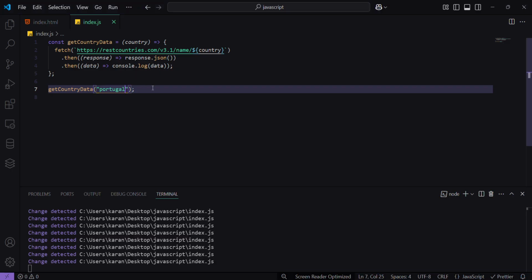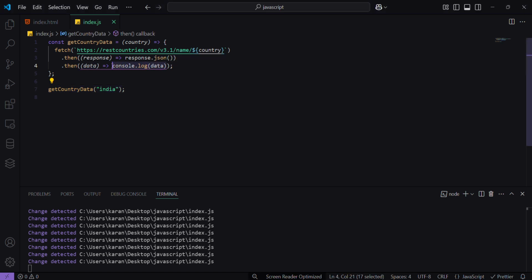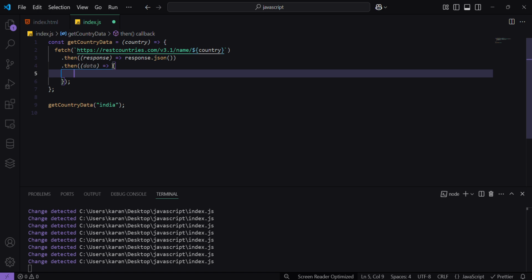So let's now see how you can chain the promise, like how you can get the neighboring country details of India. How can you get this data? Like how can you get the data of neighbors of India, say Bangladesh or Pakistan, whatever. So let's do this. First of all, you have to delete this,